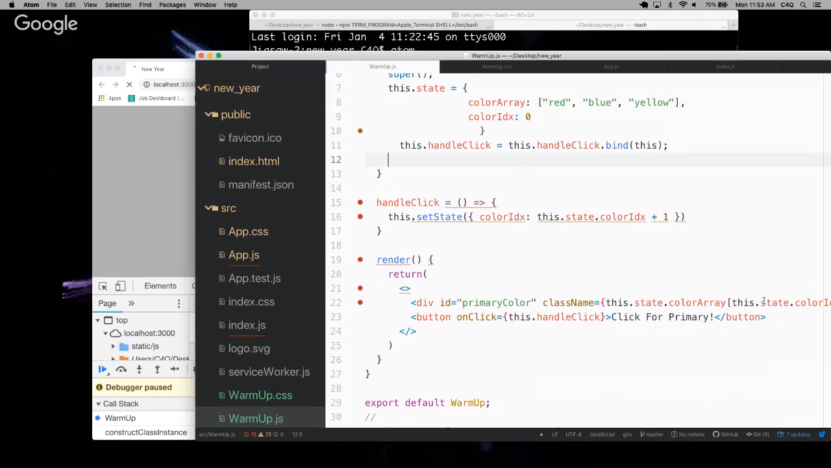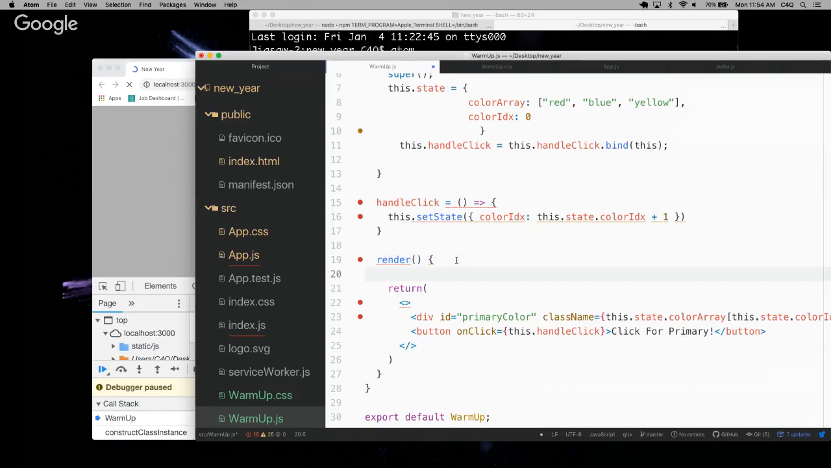But what I'm kind of looking for here is this idea of using object destructuring, because I'm writing this.state.color, this.state.colorIndex. This is a lot. It might be nicer for me to write it once and go let